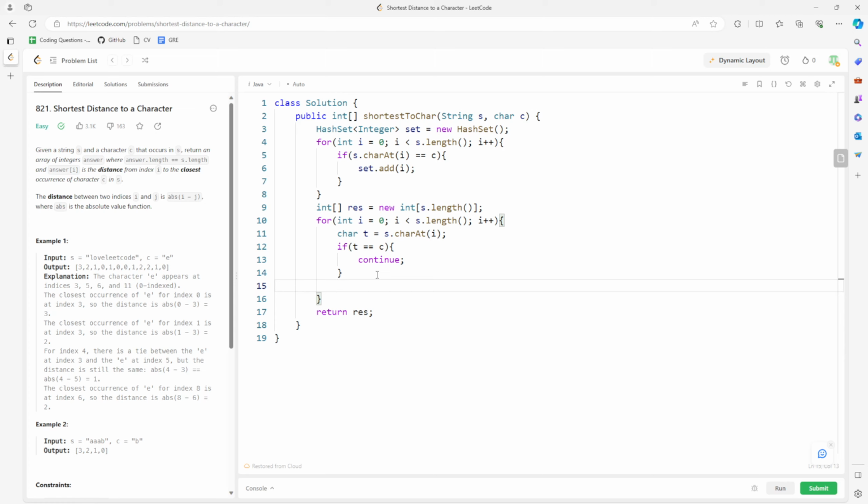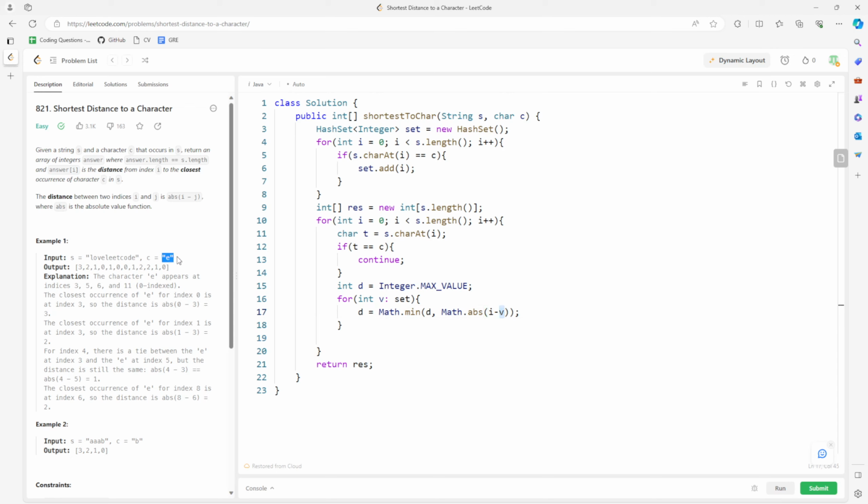So if they are not the same, you want to find out the distance, and then you traverse the indices that you stored in the set, right? Initially I'm going to create a maximum value for the D, and I'm traversing the set to check, do I need to have the minimum between D and Math.abs of I minus V, right? It's between the two indices. V is something that you already stored,